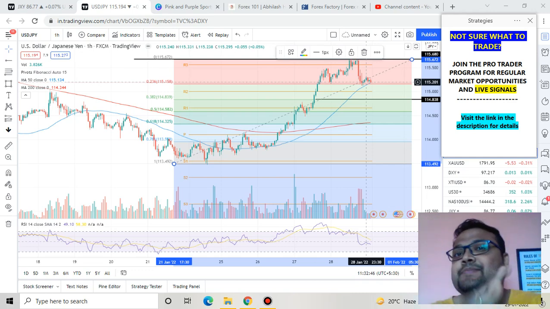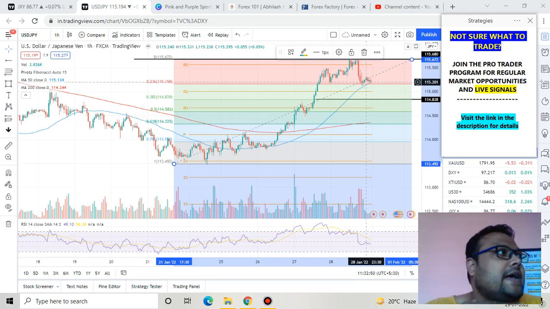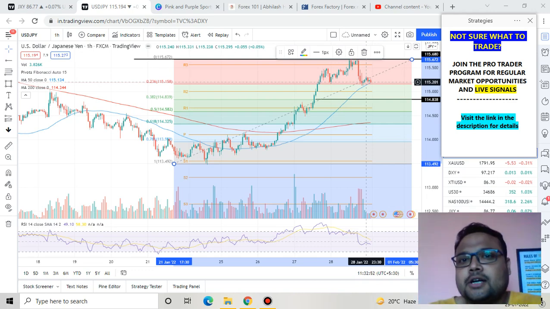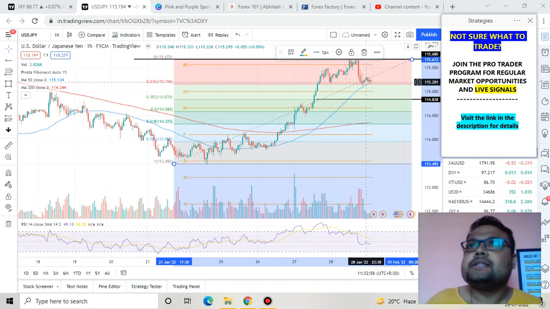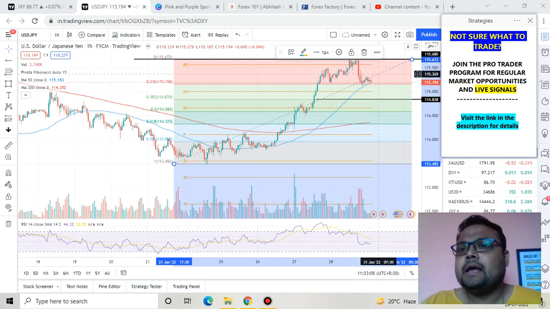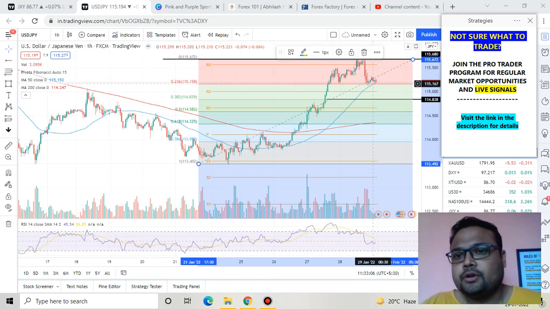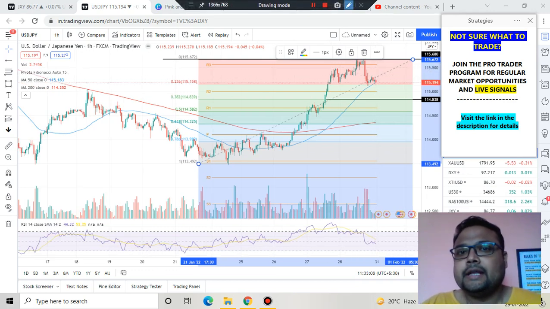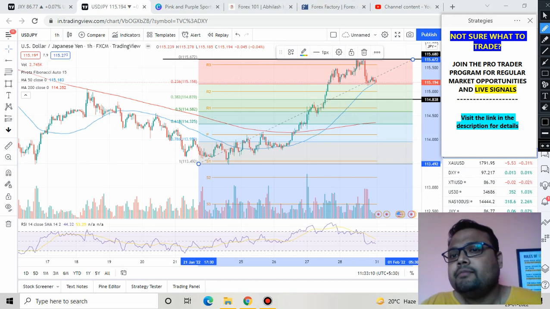But yes, just make sure that there is not much heavy selling on the dollar chart, because if sudden heavy selling comes in the chart of dollar, then yes, USD JPY will also face the impact. Okay, so keep your eyes on it. So this is our first trading opportunity, and the second trading opportunity that I see is if market breaks this level,